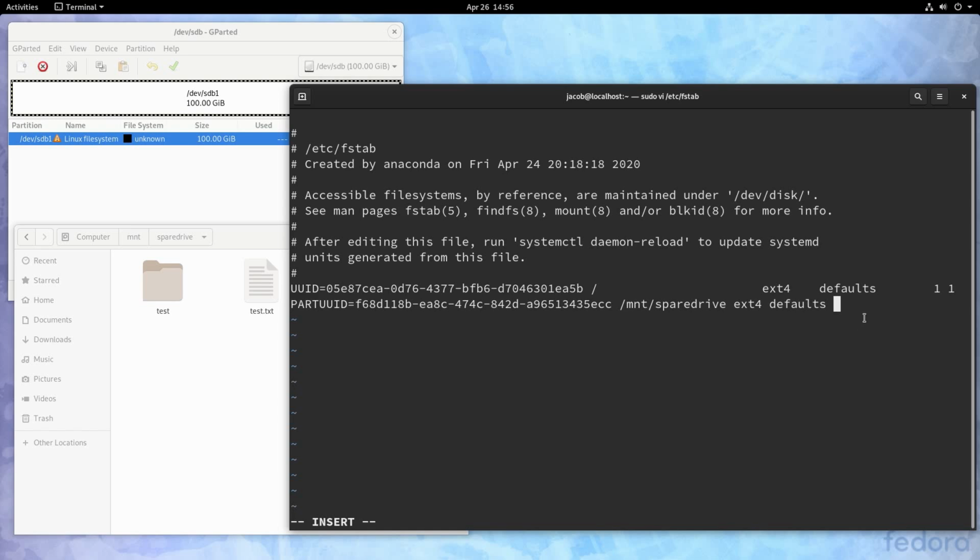And then there are two numbers at the end of the line here. The first one is whether or not we want this file system to be included if somebody runs the dump command. Now, the dump command is outside the scope of this video. Right now, all you need to know is that dump is not installed by default on Fedora Workstation anyway, and you're usually not going to be using it if you're not expecting to. So it doesn't really matter what we put here. I'm going to put 0. You might as well put a 1 to enable the dump.